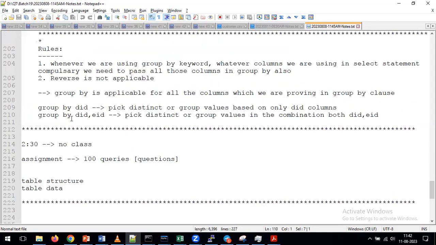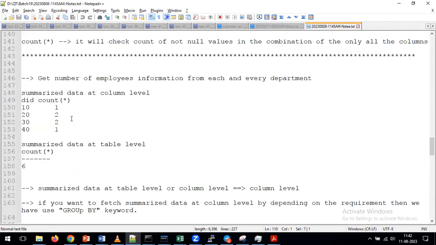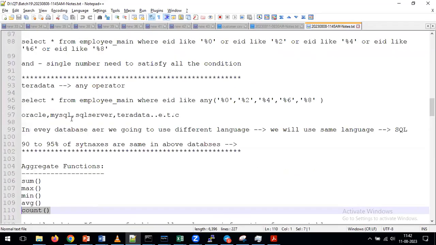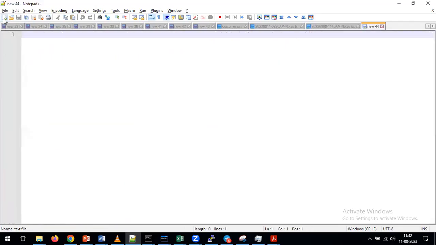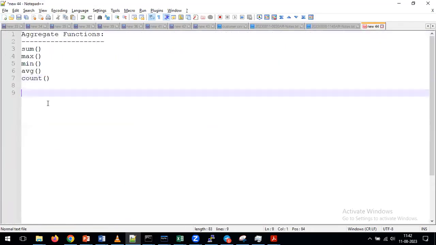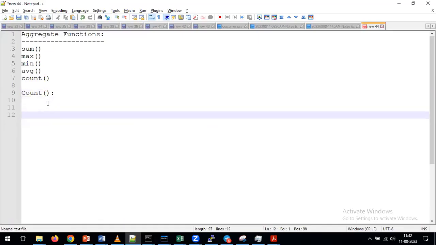Okay, so today we'll continue the session. Actually, we are discussing the aggregate functions. Already we discussed the count function in detail, so we'll discuss sum very quickly. Once you understand one function out of all these aggregate functions, the remaining functions become very easy. So when do we go for the sum function? To perform a summarize operation